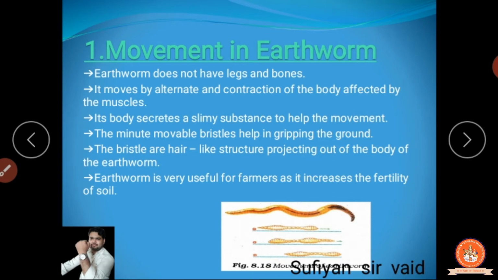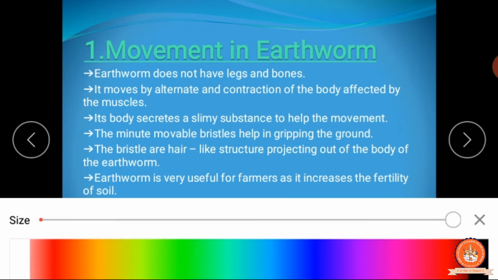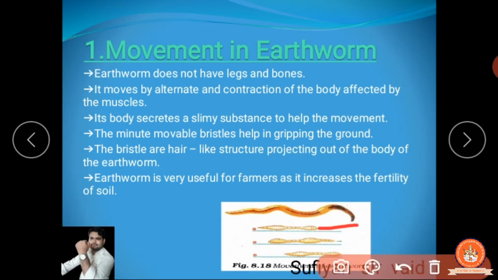The first picture is saying that this earthworm is moving in this direction. Clear? So what do they do? First they contract their body. The upper portion is going to contract, and the back portion they are going to contract on this side. Meaning what will it do, this part it will contract. This portion it will contract, and pull this forward. Clear? Now this portion is in the contract form and this is in the relax form. This will go forward. You can observe it in this one.